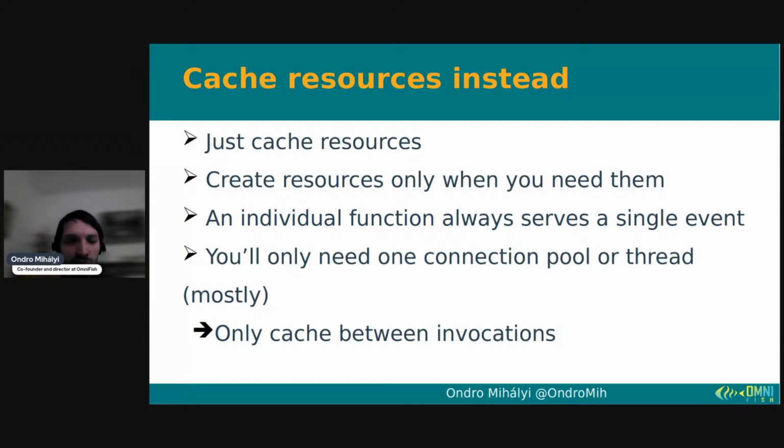If they are needed, it will scale up to as many instances as are needed. What we should do instead is cache resources. So we connect this to the caching that I mentioned to you. When you need a connection to a database, you create it, and then you store it into some global variable, some map. If you only have one database, you can have just one global variable, store it there,